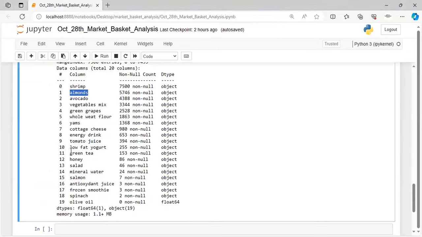Tomato juice with honey, what kind of association is there? Tomato juice with olive oil, what kind of association? These are the things we want to check, which two items are the most sellable in combination,